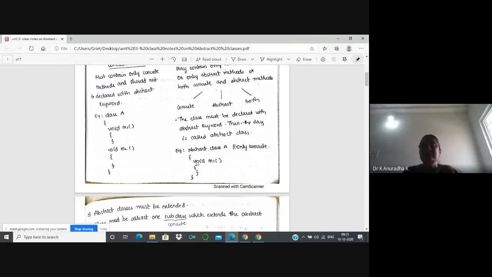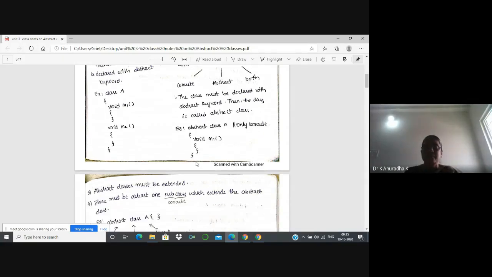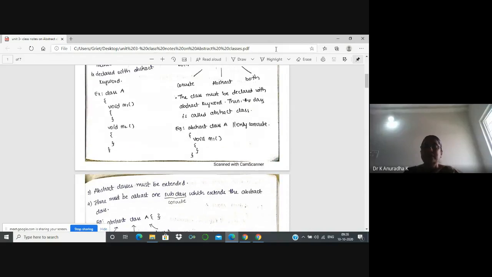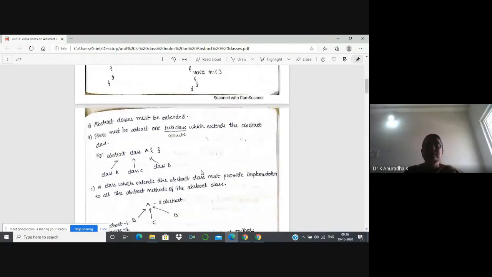Again, inside an abstract class, we can write only concrete methods, or only abstract methods, or both concrete and abstract methods. So this is the abstract class which consists of only concrete methods. Next, I will show you the examples for these two later. Next, we will see the other points about abstract classes.